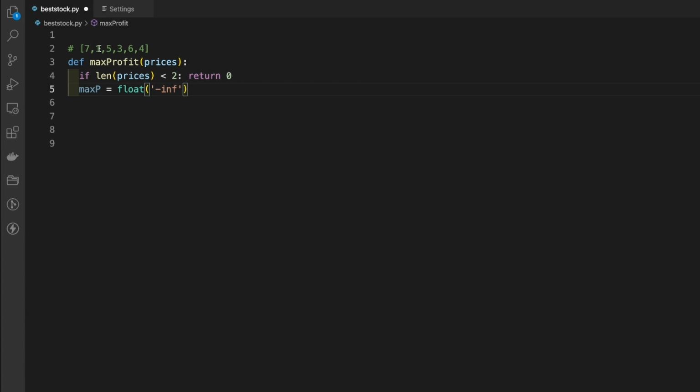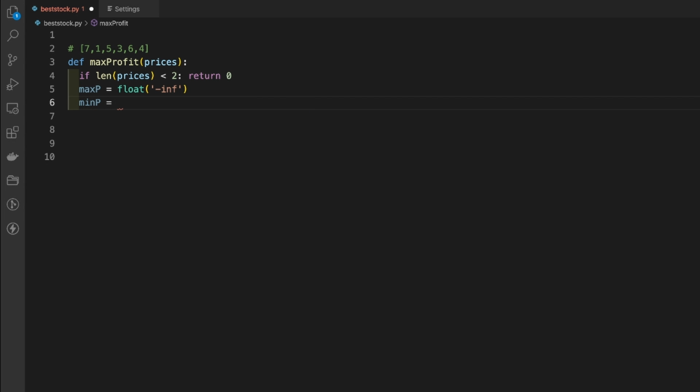1 minus 7, which is how this is going to go because profit goes this way. 1 minus 7 is negative 6. So our max profit here would be negative 6, so it's able to change that value for it. But next we're going to create our other variable, which is going to be our minimum